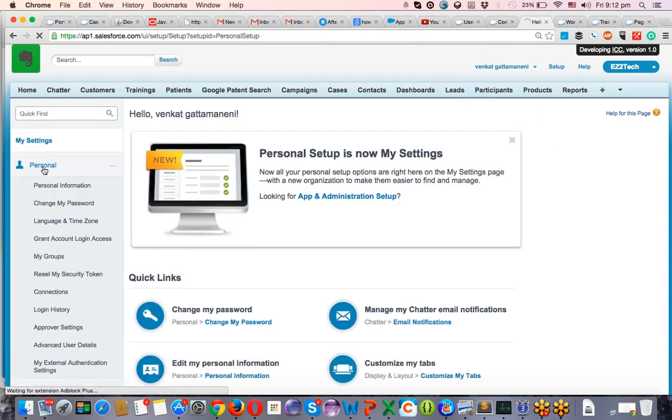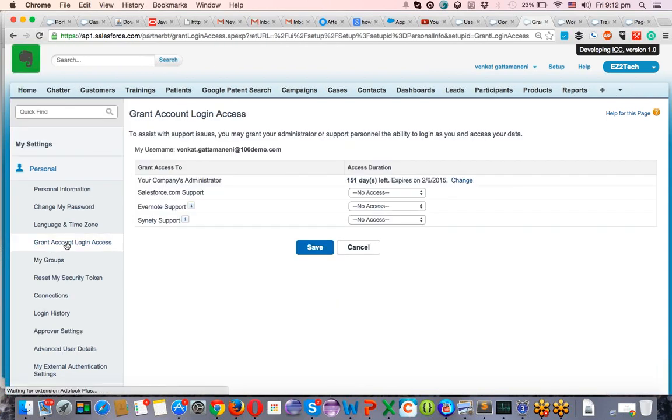My settings, click on personal. There is grant login access permissions. This is the permission what Anita has given. That is the reason you can see login button before the user information. See, this is the grant of login access permission.